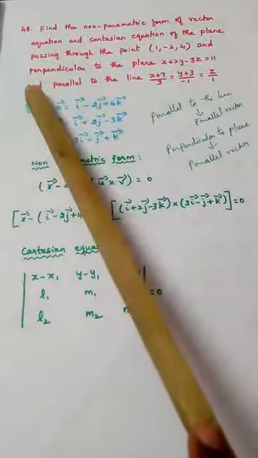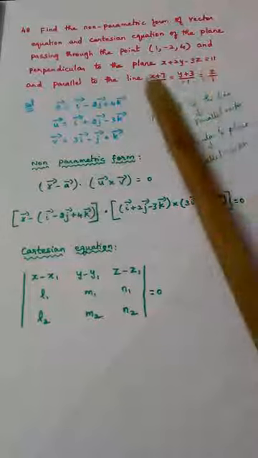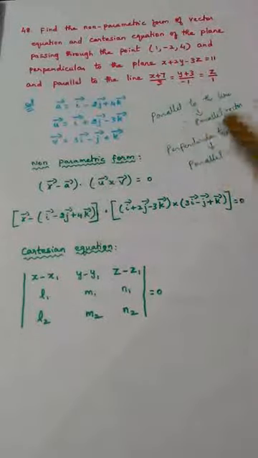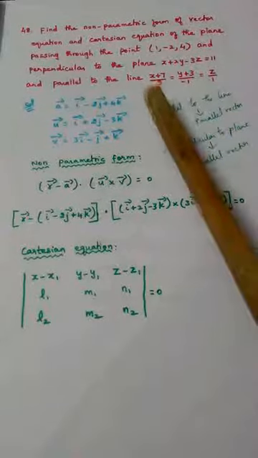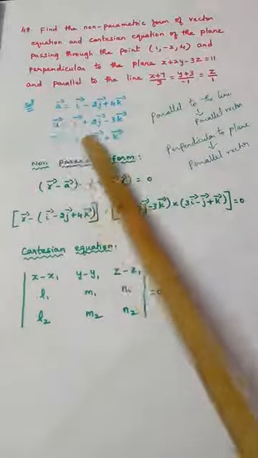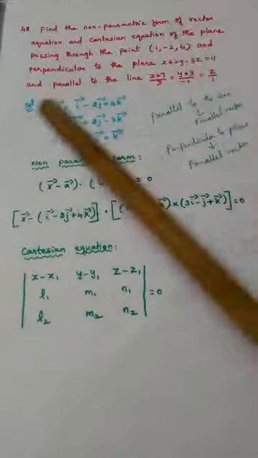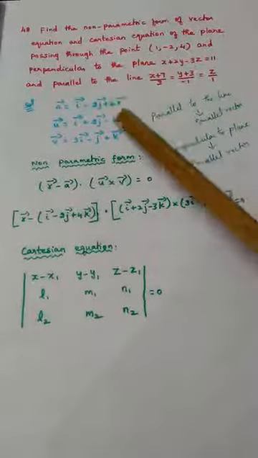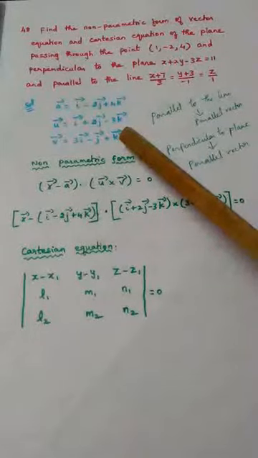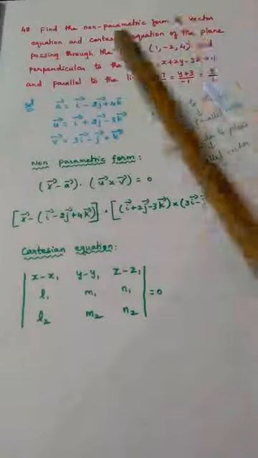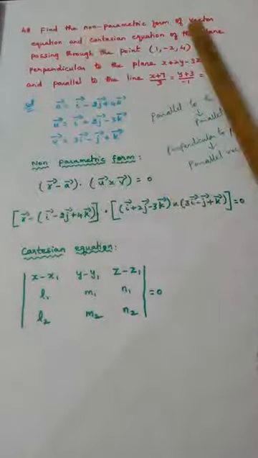And see the next line, parallel to the line, one line was given. So parallel to the line means from that we can take a parallel vector. Where should we take from? From the denominator. So 3, minus 1, 1 is nothing but v vector. So by seeing the question you should be able to write this, then only we can do the problem. So a, u, v we know, so we can easily identify the type. 1 point, 2 parallel.